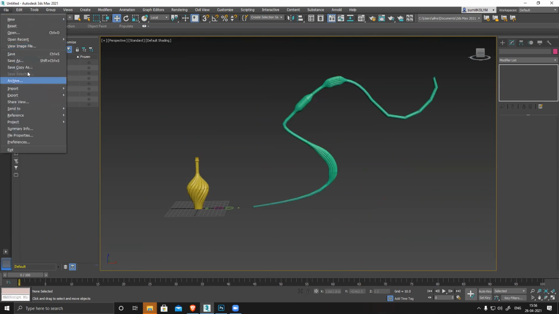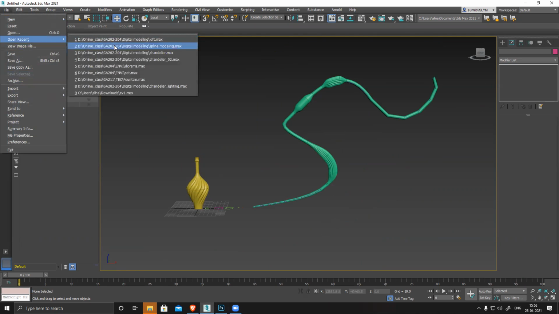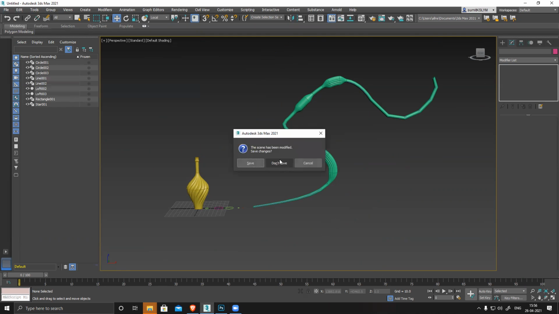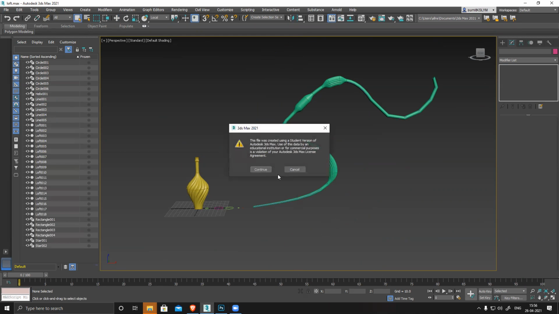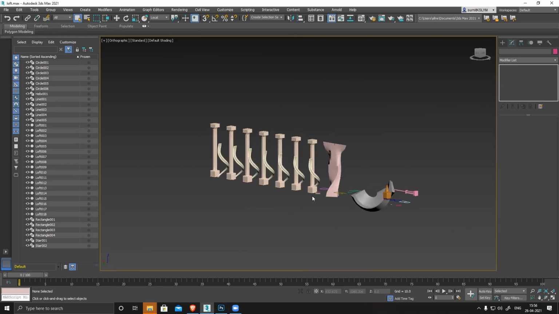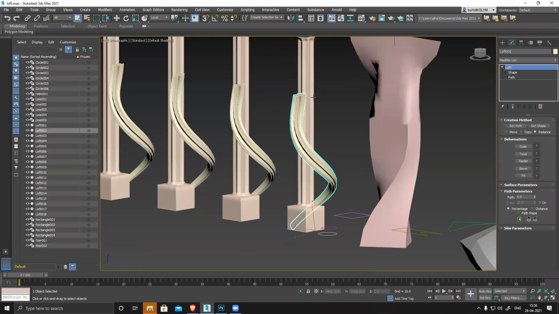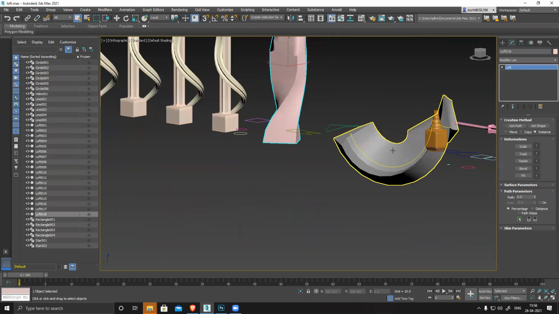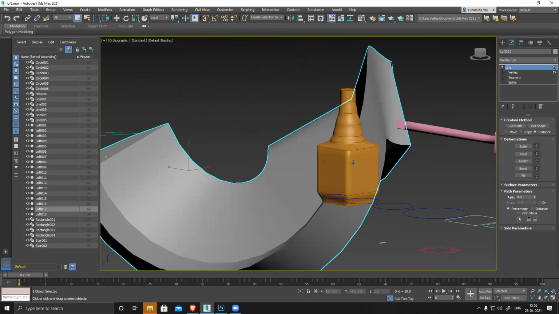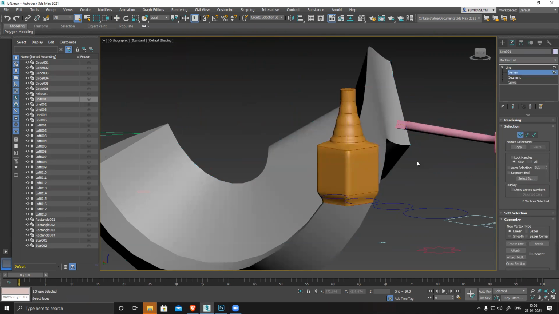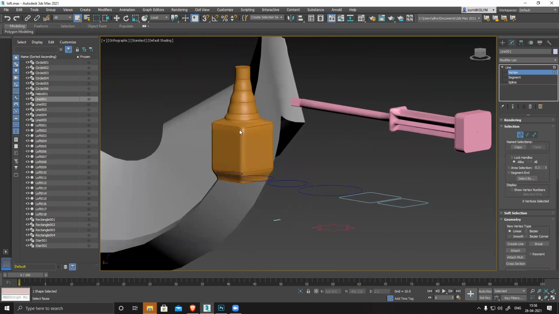And I'll show you this previously. I also have an old file. You can see I created this shape. Any kind of shape you can create so easily. This is more of a bottle screwdriver.